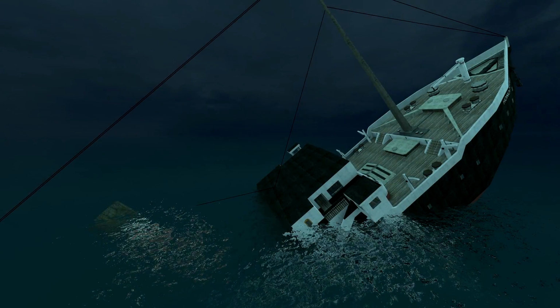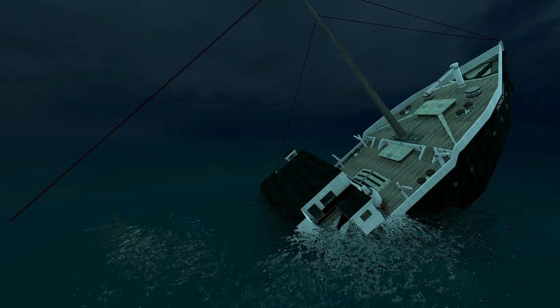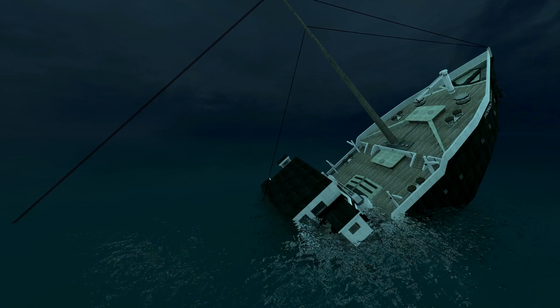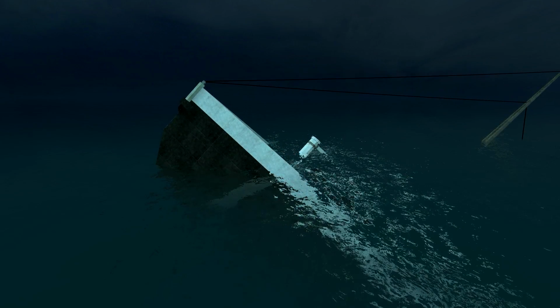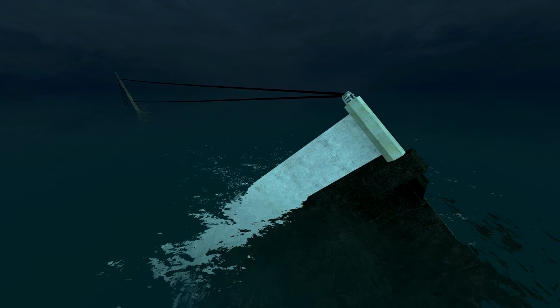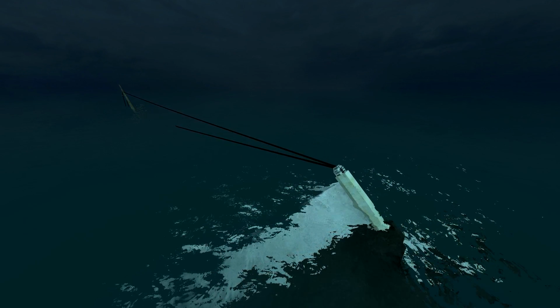And now the funnel is completely underwater. And just like that, the bridge soon follows as well. The only thing not in the water now is the entire bow, which of course won't last long because this thing is going down tremendously quick. At around 11 minutes and 25 seconds, the Honorable name starts to touch water, and honestly guys, there's not much left to say. The bow is now completely underwater, and the only thing left is just the tip of the mast, and